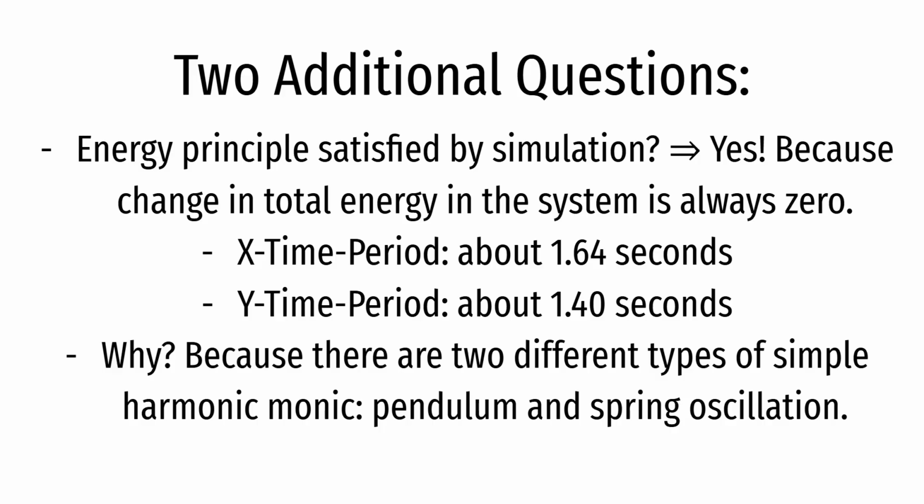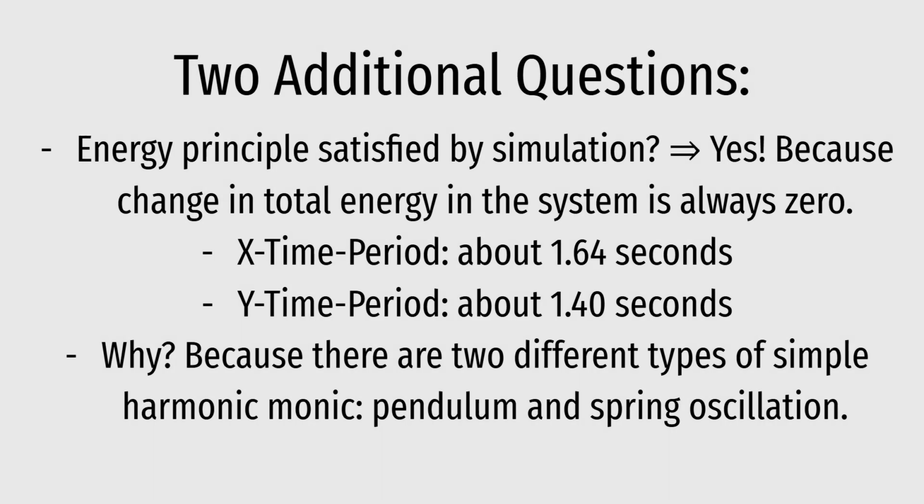The period, as calculated from the X position graph, appears to be about 1.64 seconds, calculated by finding the wavelength of one wave. The period, as calculated from the Y position graph, appears to be shorter at 1.4 seconds though. There is clearly a difference, and this is because the mass is undergoing two types of motion. The mass acts both as a pendulum and a spring mass oscillator. So it makes sense that there are two different time periods